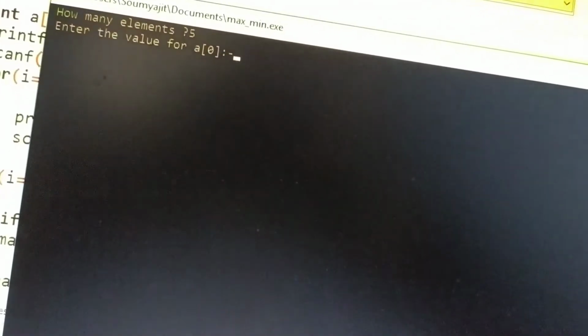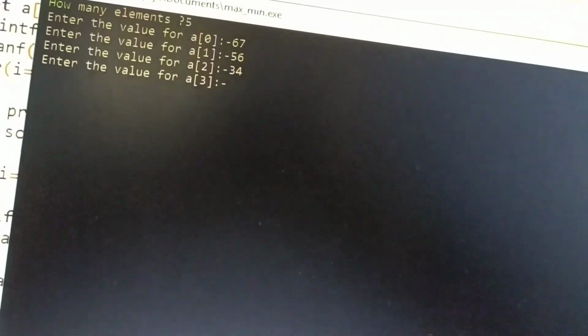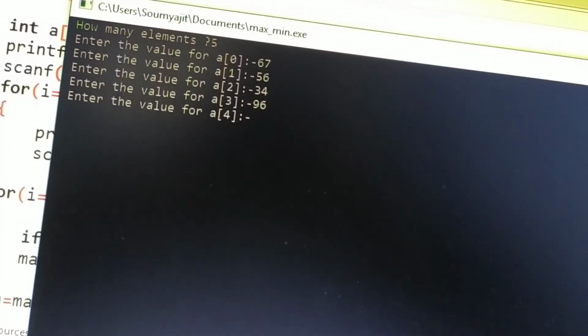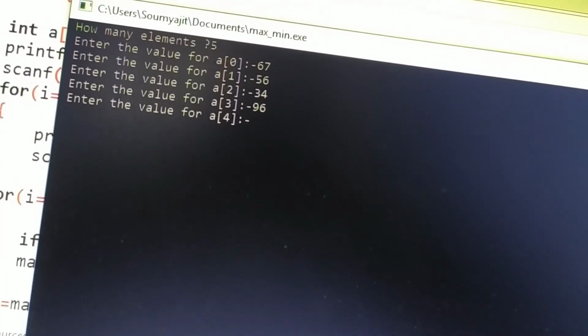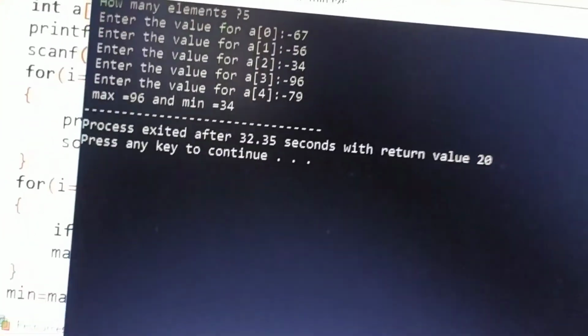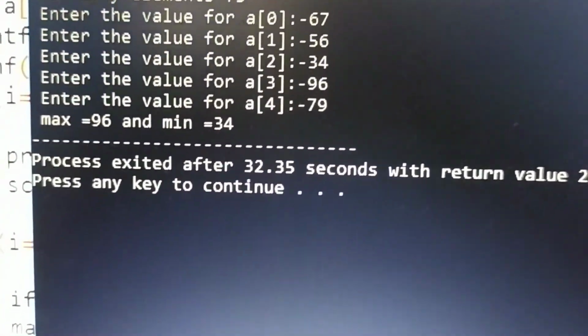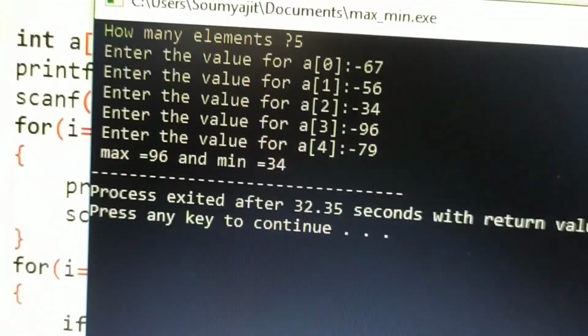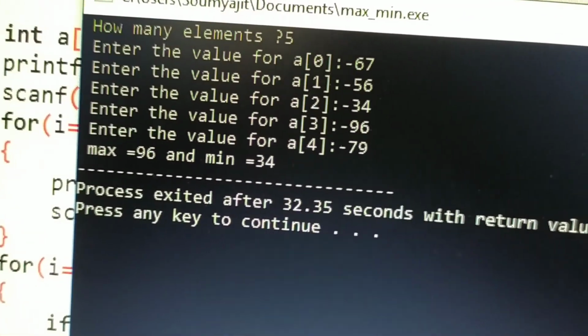Value for first element 67, second element 56, third element 34, fourth element 96, and for the fifth element, say 79. See, the maximum value is 96 and the minimum is 34. So the program has run correctly.